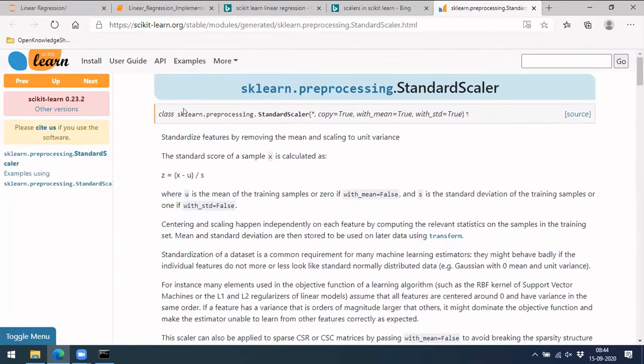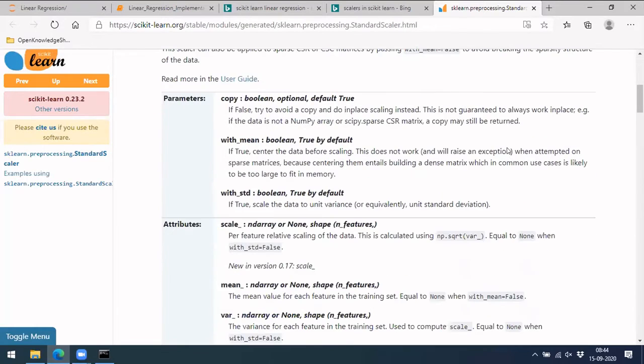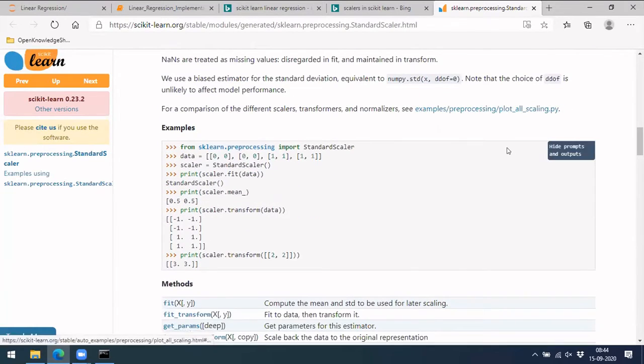We can call this with sklearn.preprocessing.StandardScaler. There is an example down here. Let's say you have some data. All of our values will be processed using .fit and then .transform. Why .transform is needed, I'll tell you.